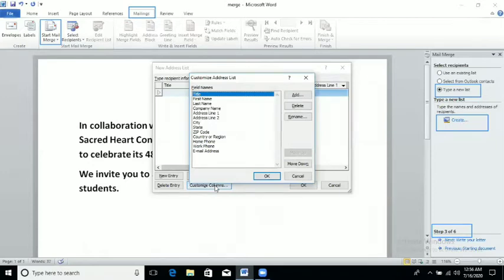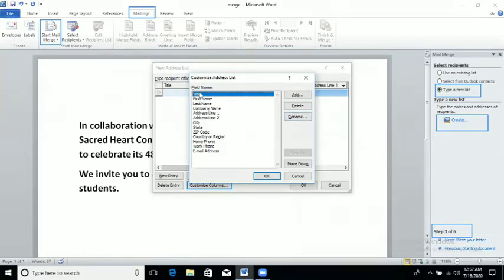When I click on it, you can see the predefined field list, or we can say column list names, are here. According to our requirement, we can delete any one, add a new one, or change the name also. Rename means we want to change the name of a field, or you can say column.